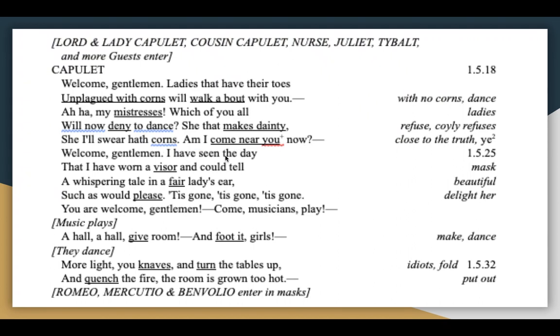"Welcome, gentlemen, I have seen the day that I have worn a visor and could tell a whispering tale in a fair lady's ear, such as would please. 'Tis gone, 'tis gone, 'tis gone. You are welcome, gentlemen, come musicians play." So what he's saying here is,